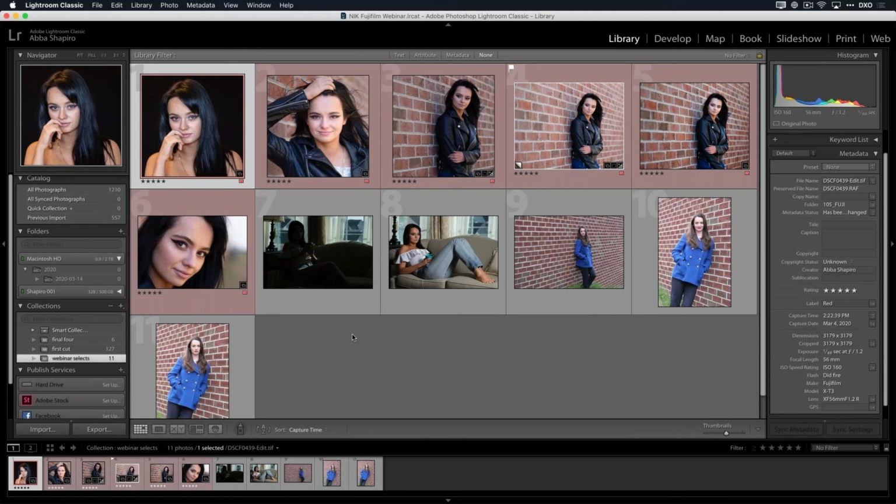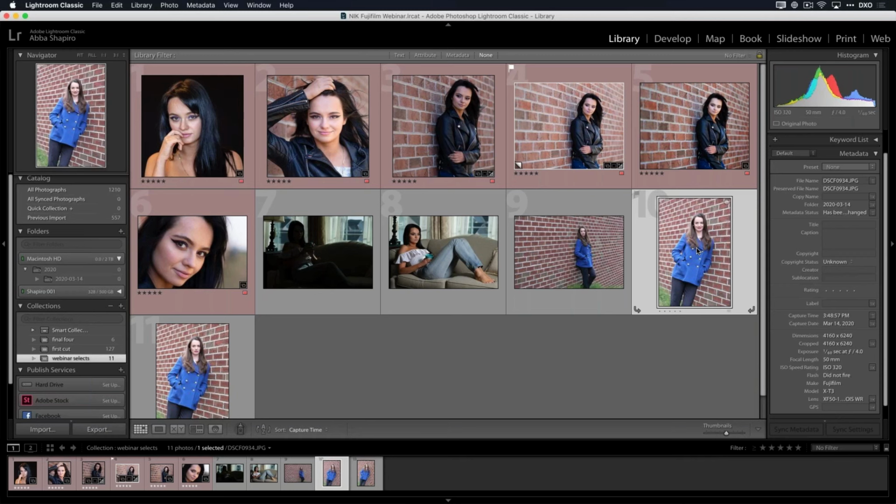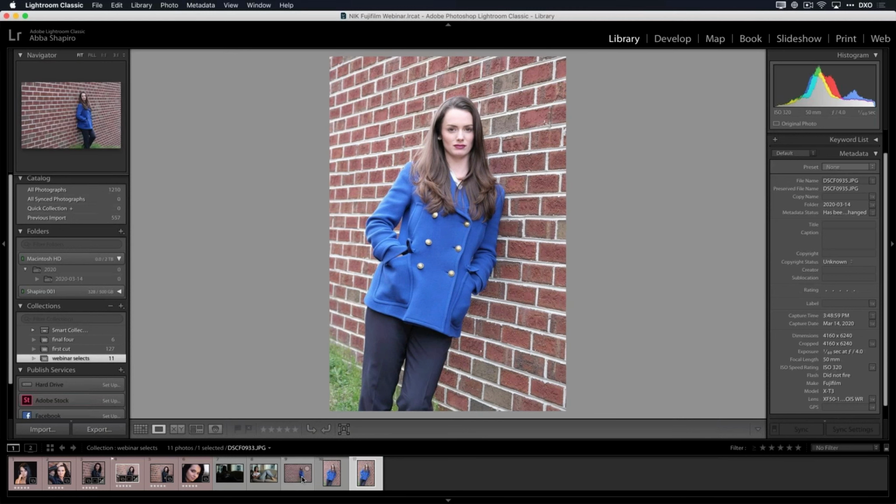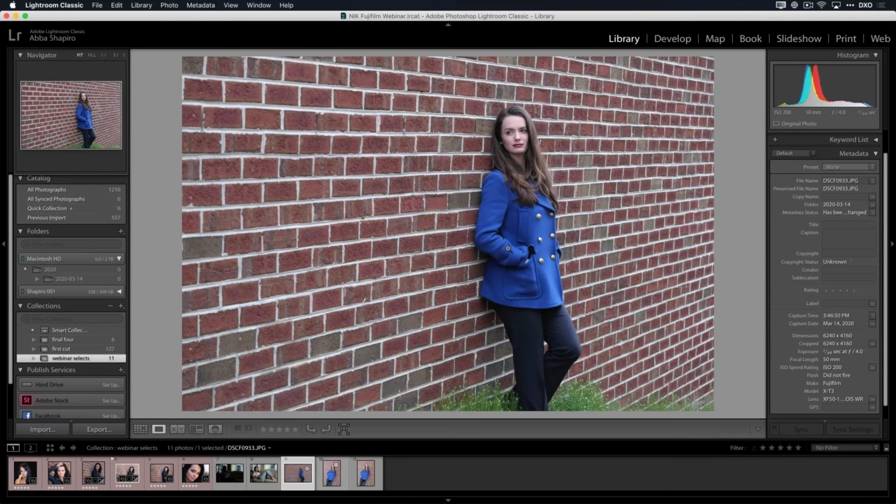And I'm going to do it a couple of ways. I'm in Lightroom right now. So the nice thing about working in Lightroom is I can, if I wanted to, take an image, and I'm going to double click to open it up. And I like this image. Let's see what this one looks like. No, I think the smile's good. I like the feel of this. This is good. This, by the way,